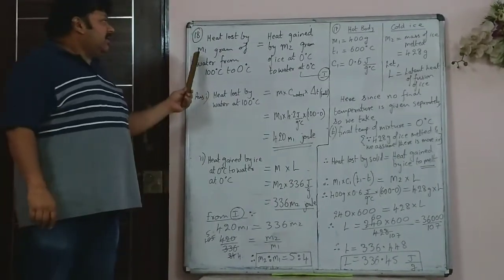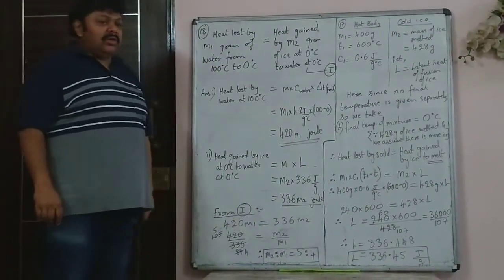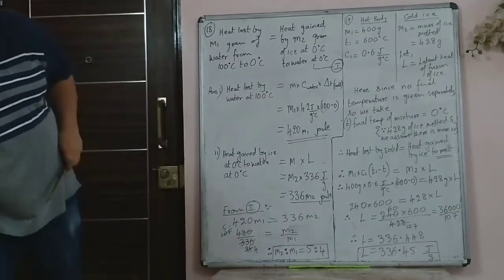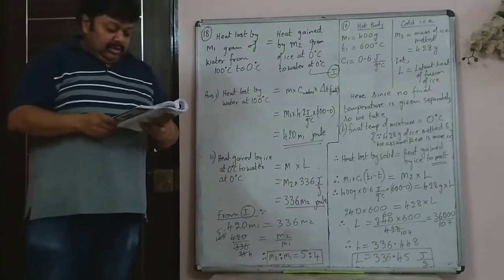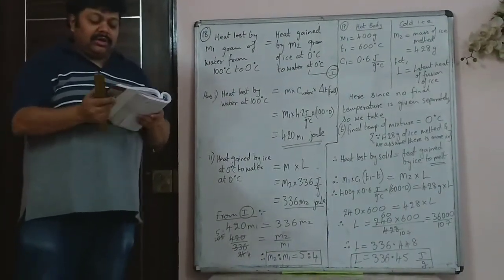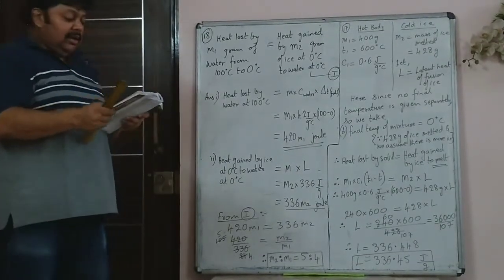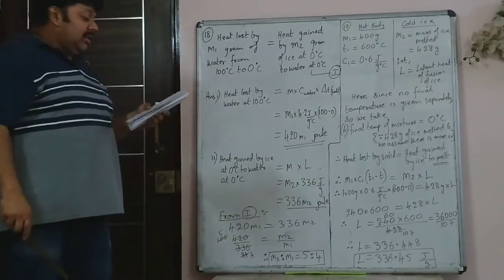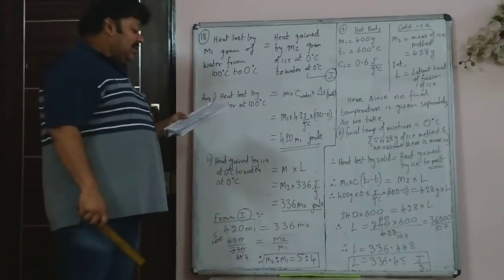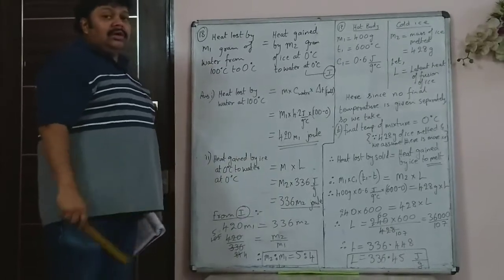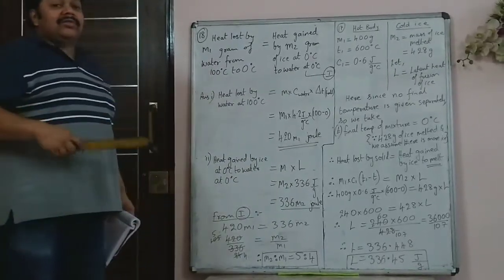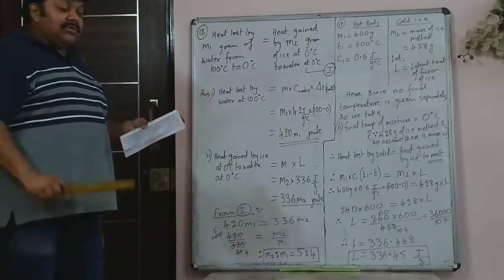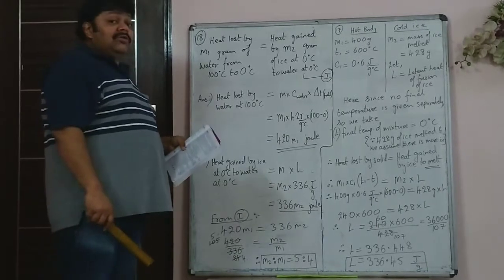So I did the 18th sum first, I have done the 17th sum later. So the 18th sum, you have been given in the 18th question that if there is no heat loss to the surrounding, heat released by m1 gram of water at 100 degrees Celsius, so water is the hot body, is used to convert m2 gram of ice at 0 degrees Celsius to water at 0 degrees Celsius. So ice is only melting from ice at 0 degrees Celsius to water at the same temperature. So there is no increase in temperature for ice.